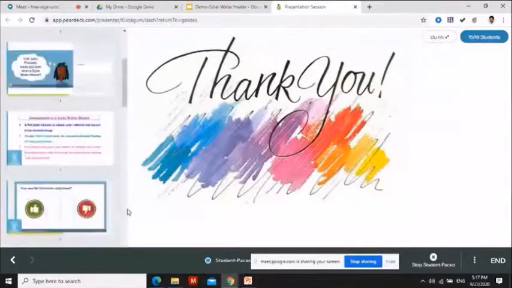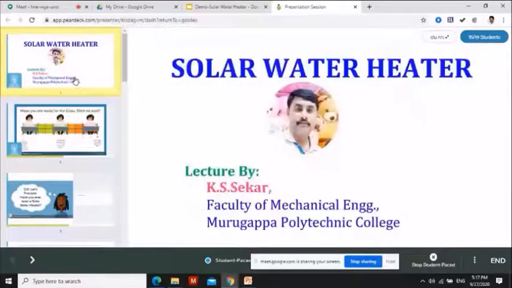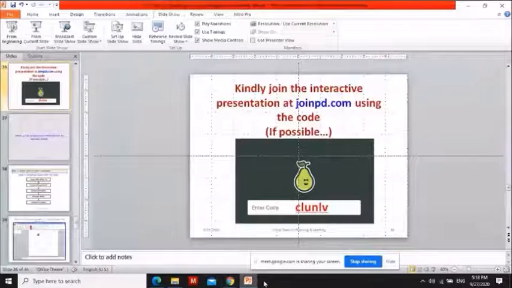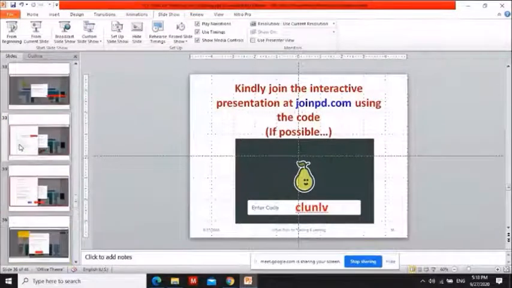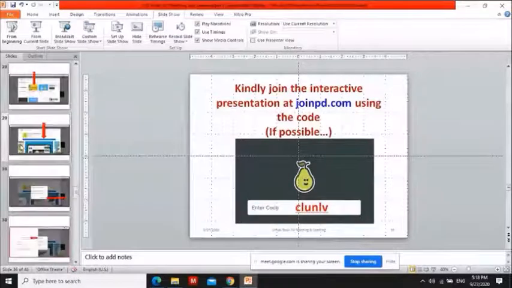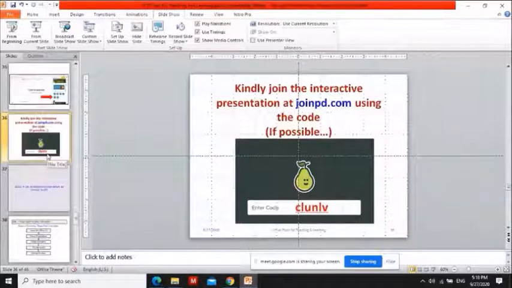Okay. So this is the creation of an interactive presentation with the help of a tool called PearDeck, an add-on tool to Google Chrome. This will also be very useful if you are planning to have an interactive session with your students. You can go for this in a conventional presentation. You can post questions wherever required, and you can see how the students are understanding your answers. Okay, so this is the fourth tool.